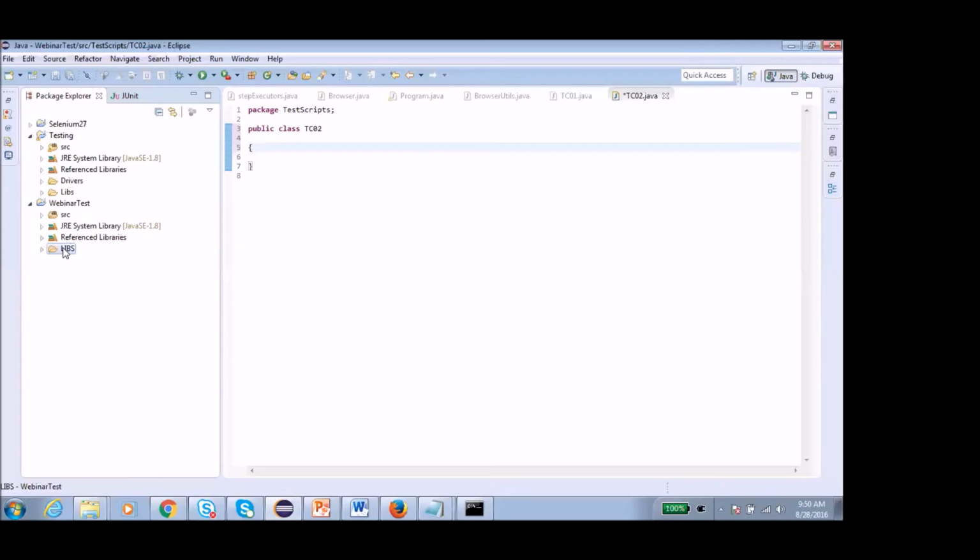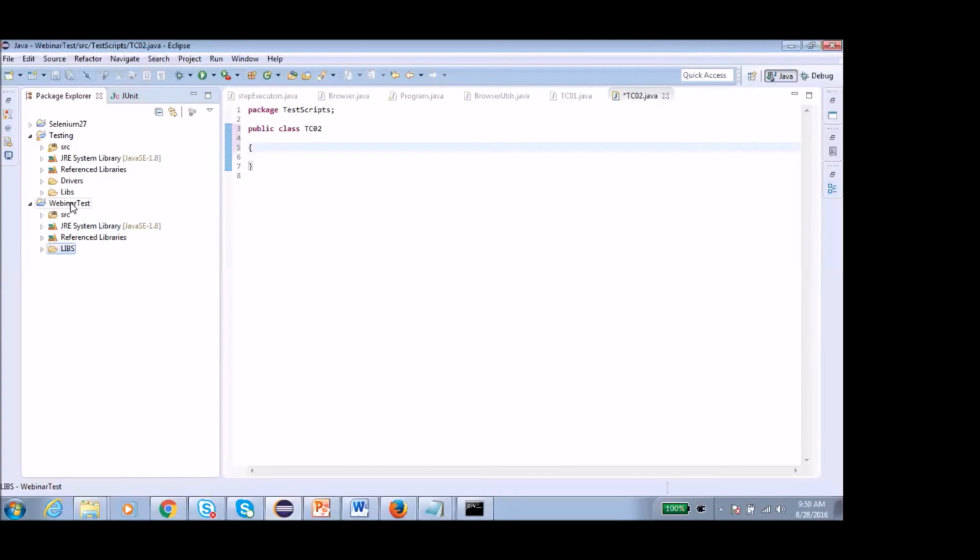So when we keep all the jar files in the libs folder and copy the whole project and give it to my colleague, all the jar files will definitely go with that project. So wherever we move that project, on whichever computer, it is not dependent upon the system, because all the related jar files are in my project and not in any specific system. So this is the basic purpose why we have created this libs folder.